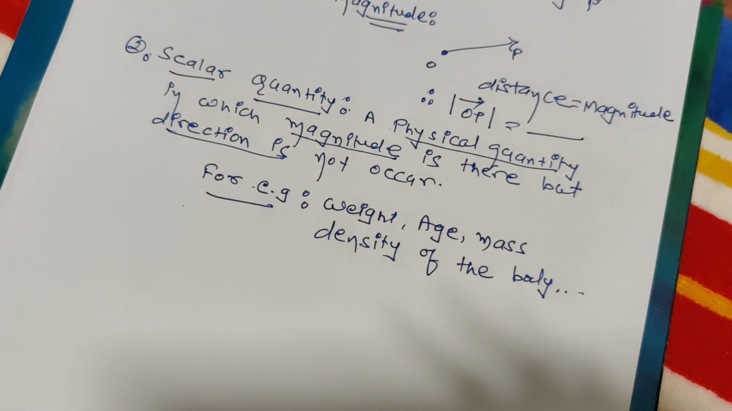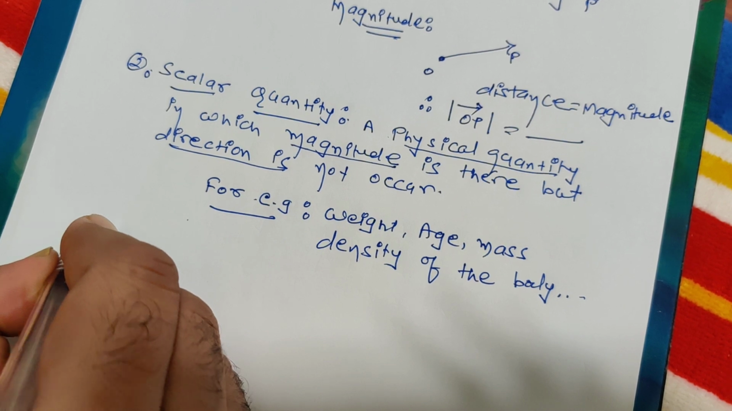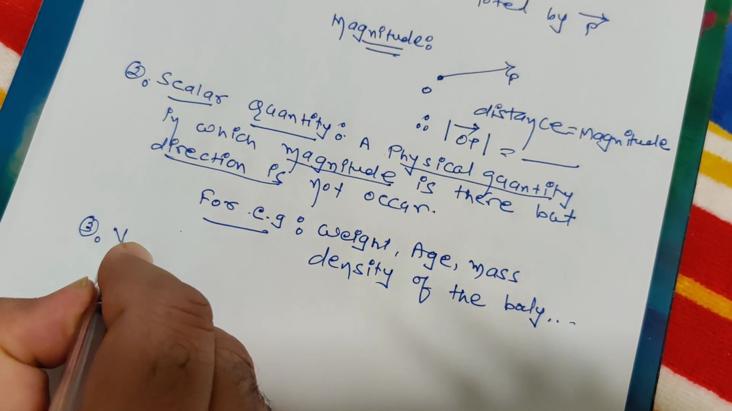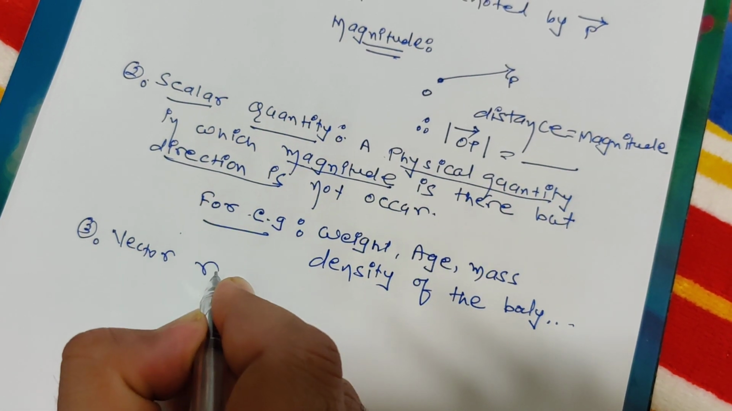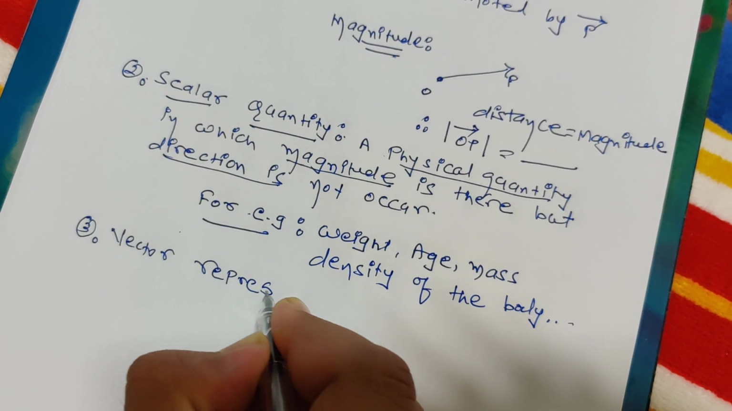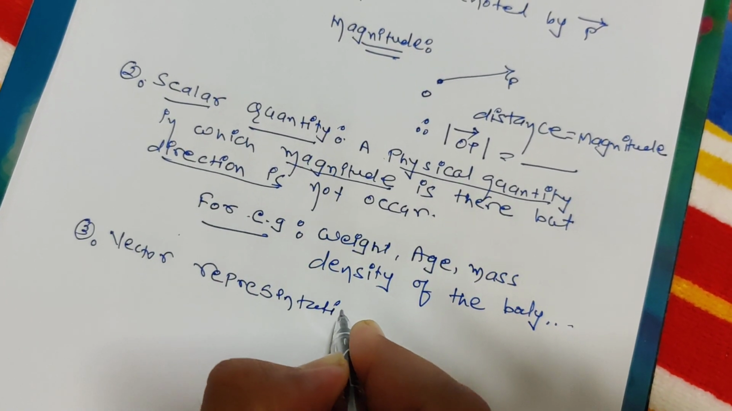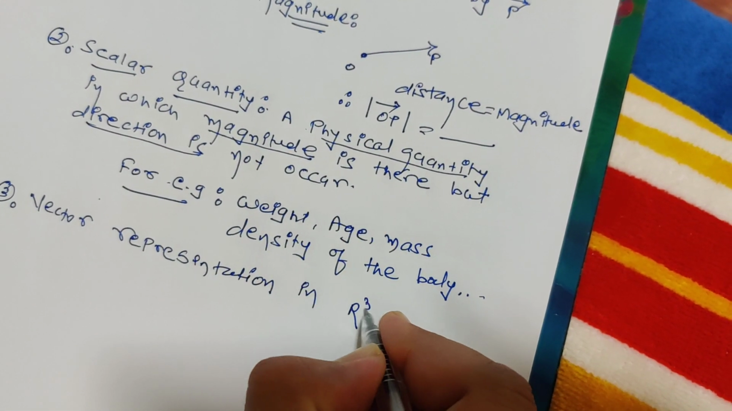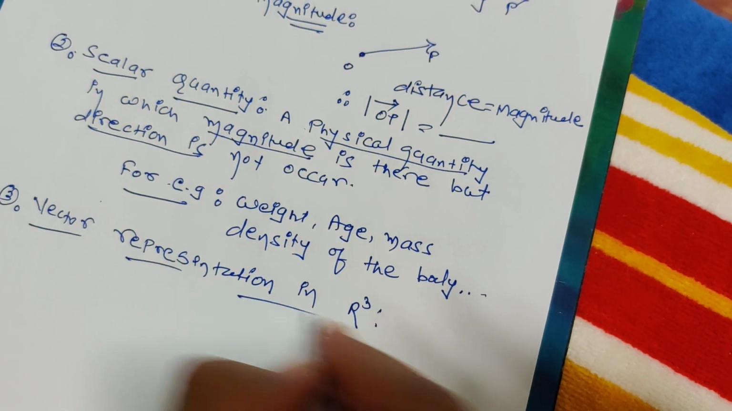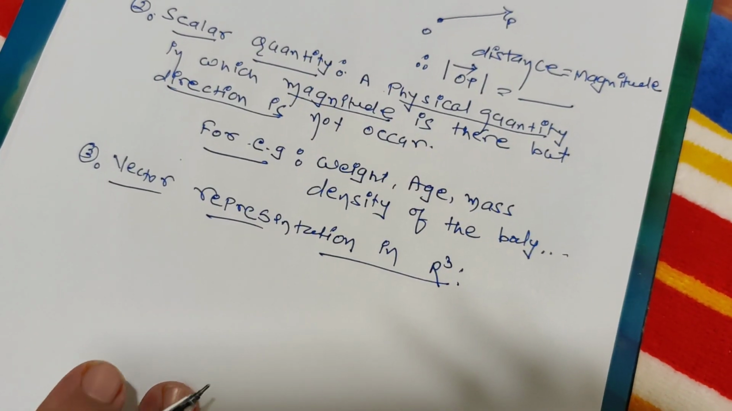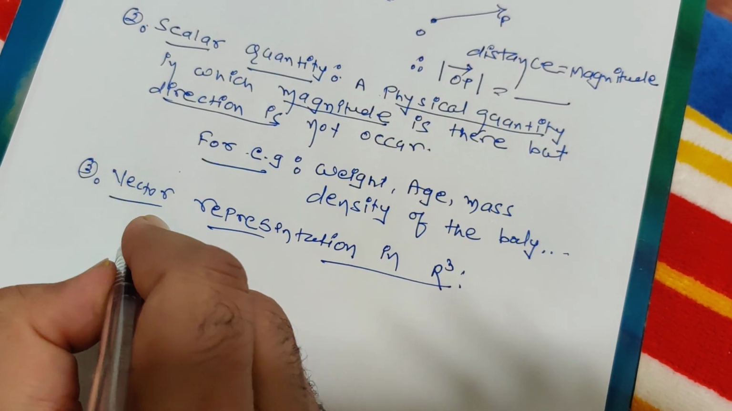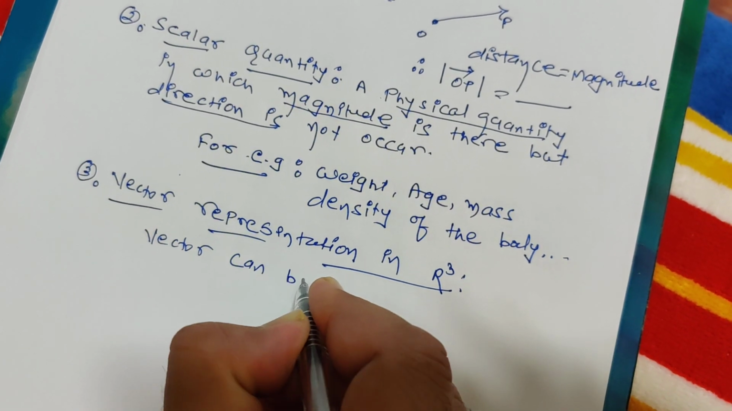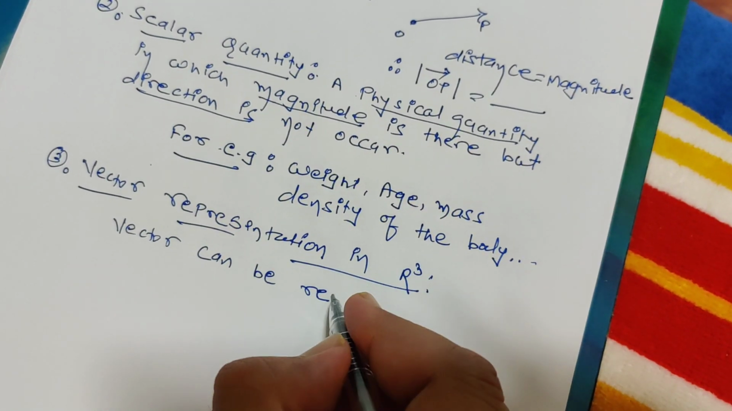Now we're coming to the most important part, that is vector representation in R3. So how can you represent the vector in R3? So a vector can be represented by